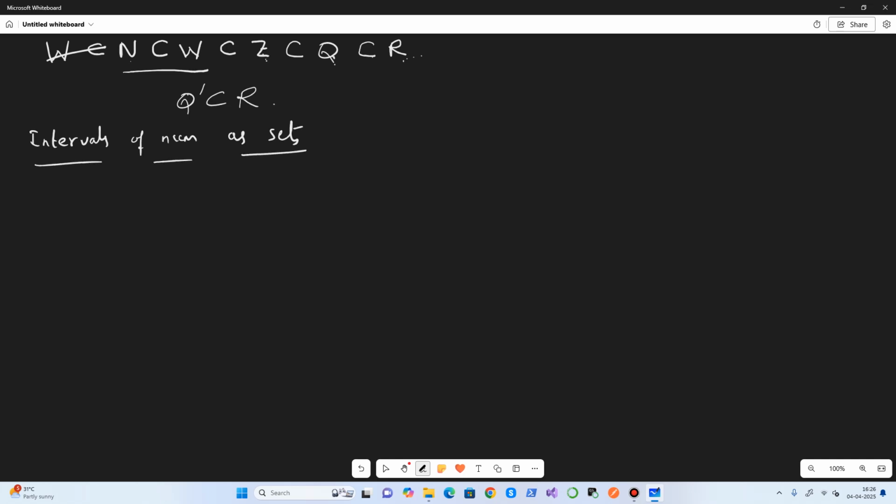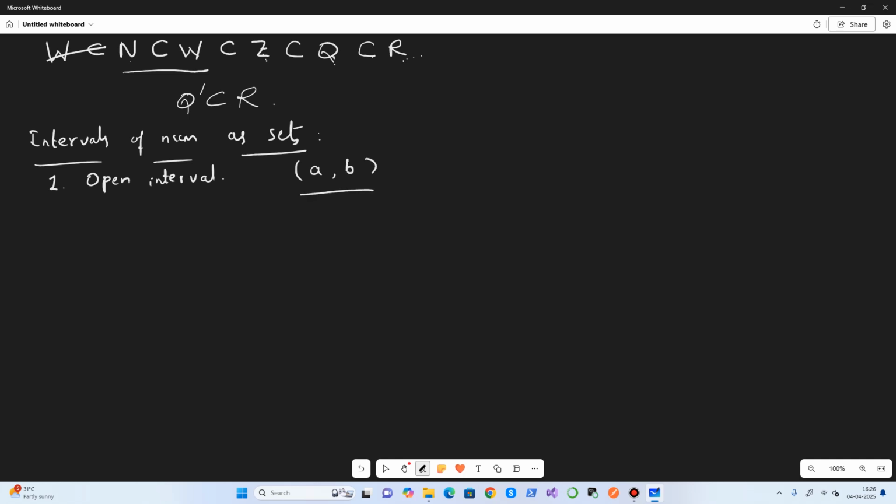So first let's consider the open interval. How do we represent the open interval? We use the left parenthesis and right parenthesis, and we write A comma B.